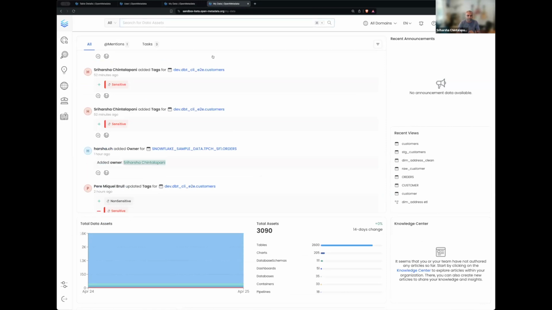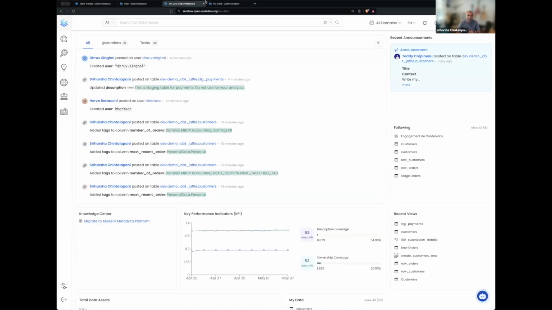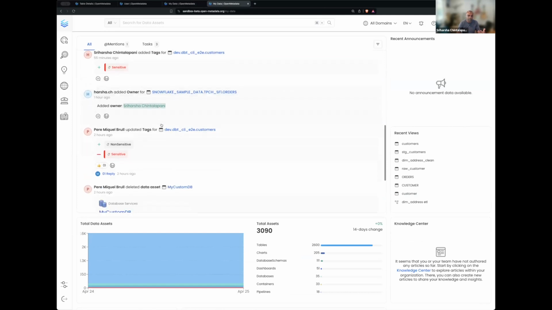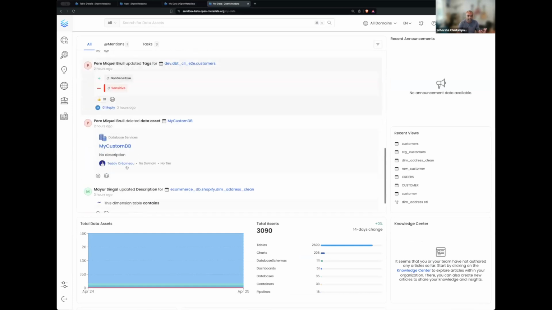This is our upcoming release, 1.4.0. Now, from here to here, you can see certain changes. You clearly know which tags are being added, exactly what tag is being added, and who added the owner. For example, in this case, Pere removed a sensitive tag and tagged this as non-sensitive. Someone is able to comment on this and get to know this. And you will see